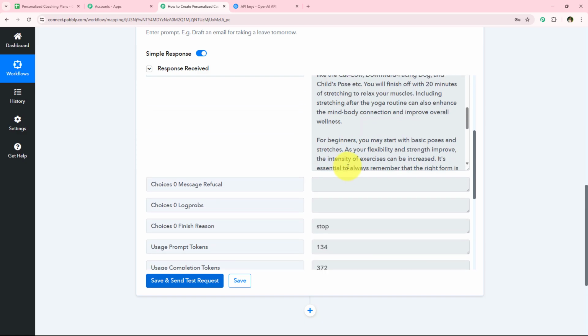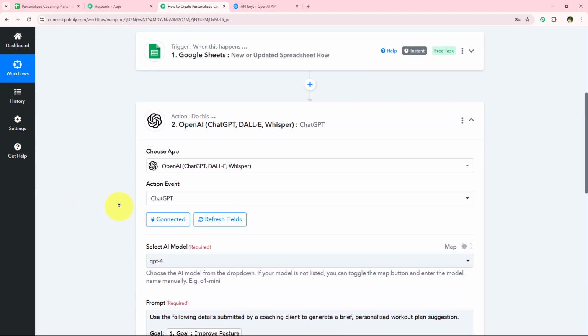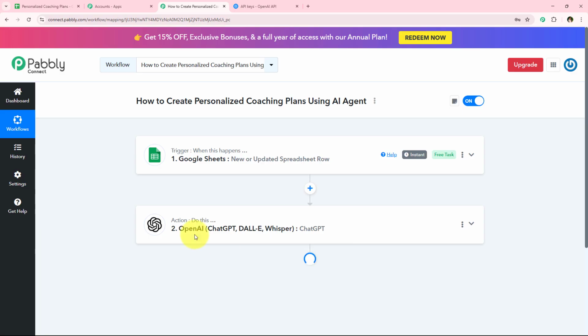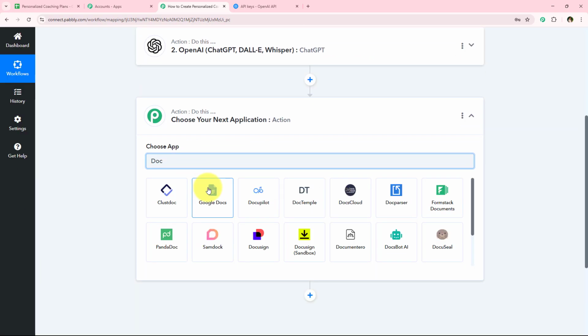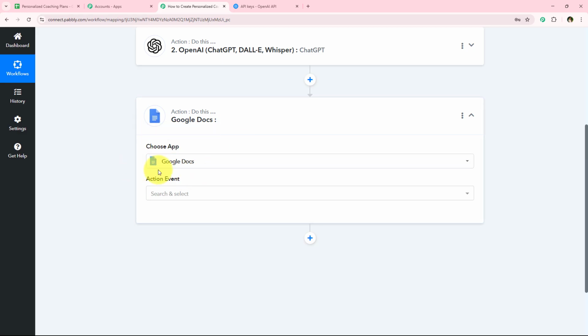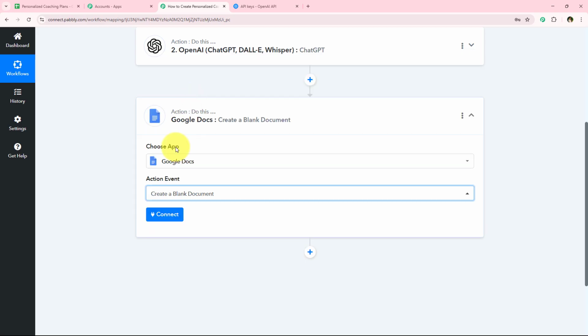And now I'm just going to add this personalized plan into a Google document. For that, I'm just going to add another action step right over here. And now for the action application, I'm simply going to select Google Docs. So I'm just going to search for it and select it. And now for the action event, I'm simply going to select create a blank document and click on